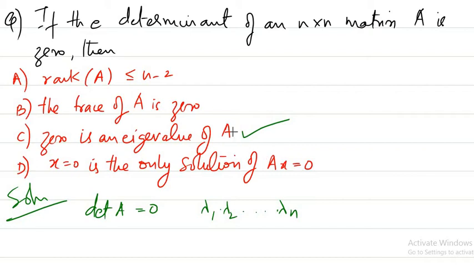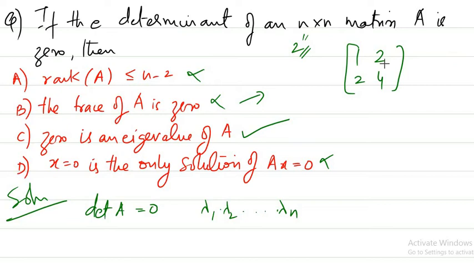Now what about the other options? What about this option? Do you have any idea about this option? So what I could tell directly is that these all options are not true. So we can give counter examples. For example, if you take this particular option and you take say n equal to 2, simple case, you have a 2 by 2 matrix 1 2 2 4. Determinant is 0 because rank is 1 here, right? So determinant is 0. So you can see here, according to this result, the trace of A is 0. Trace is what? 1 plus 4, 5. It is not equal to 0. So this option is not true.